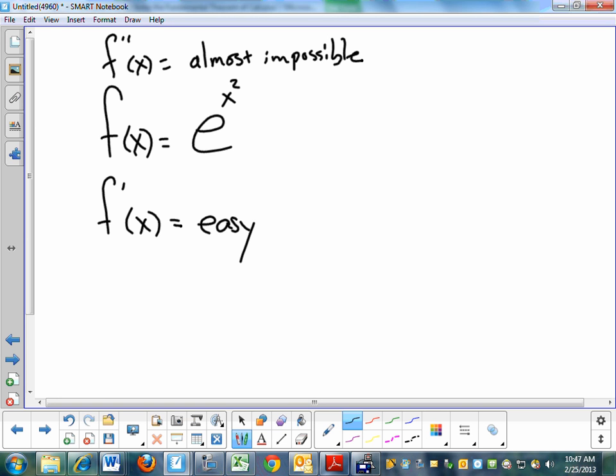Going the other direction it can be ridiculously difficult, and sometimes they are impossible. We have to use all sorts of other types of mathematics in order to actually do it. Calculus 2 investigates that, but there are times where it is almost generally impossible. Yes. Yeah, so your double antiderivative, well, you would take the antiderivative of the antiderivative. So you could keep on going.